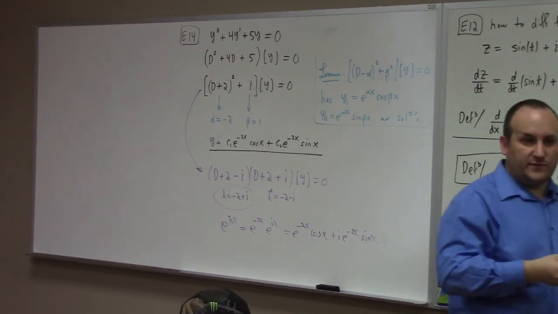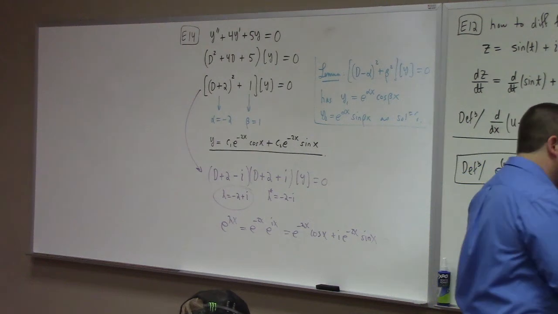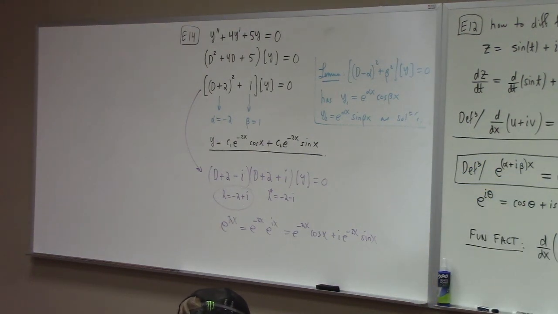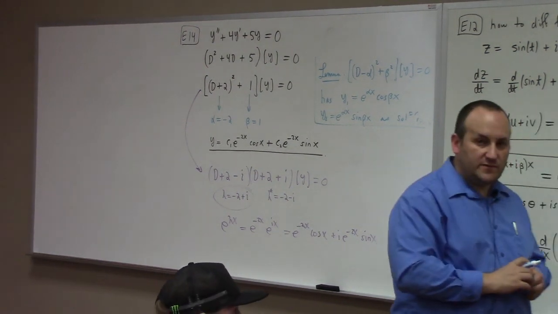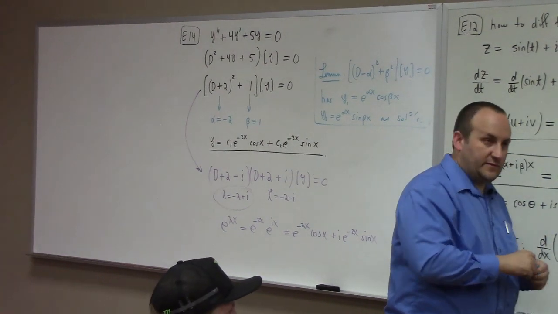But every complex solution has within it two real solutions. So the e to the ix actually gives me cosine x and sine x, and this one actually gives me x cosine x and x sine x. What I wrote in blue, the linear combination of those, is the honest-to-goodness general solution to this